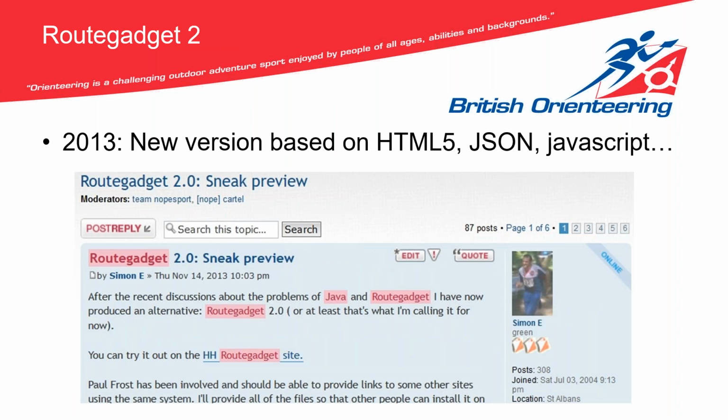And so towards the end of 2013, I put together what was then a prototype and has turned into the system that you're now used to, a new version of Routegadget, which got rid of Java, implemented it in lots of flash new technologies at the time, HTML5, JSON, JavaScript, and said, well, look, here you go, this might get around the Java problem. What do you reckon, Paul? So we played around with it a bit and got some other people involved, and they all said, yeah, this looks really nice. So that's how the new version of Routegadget emerged, just to address this problem that other people were having.